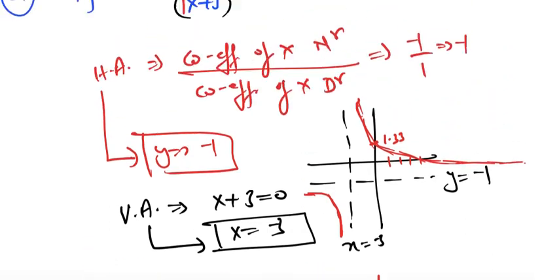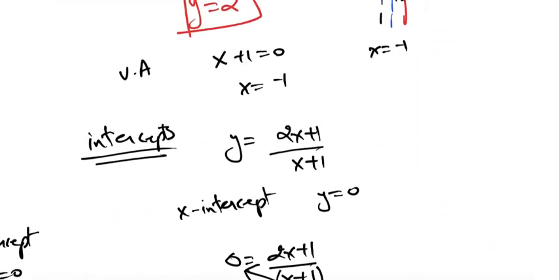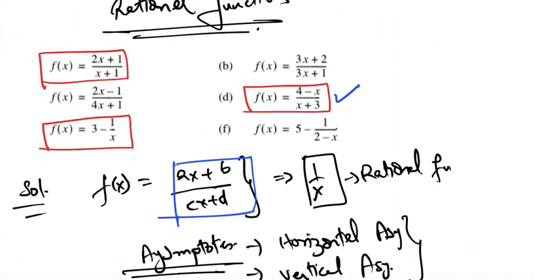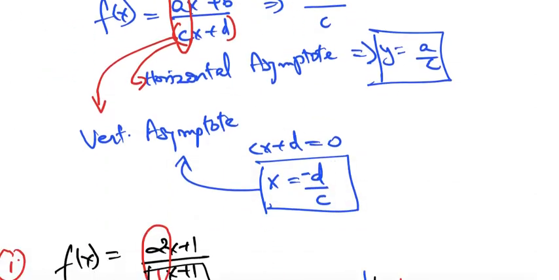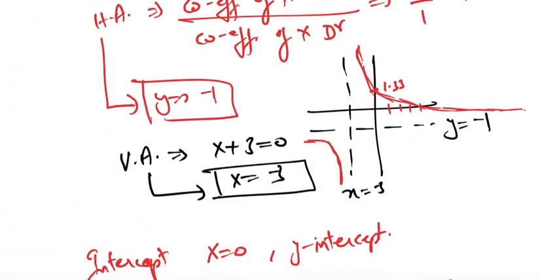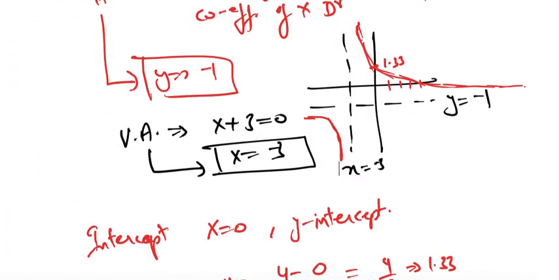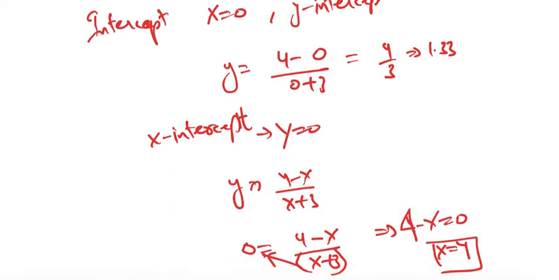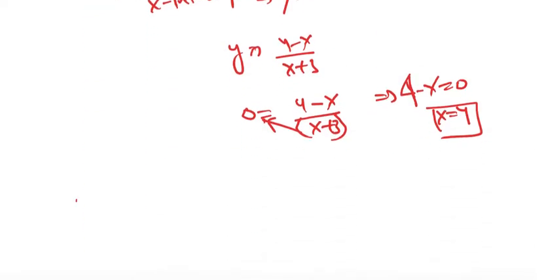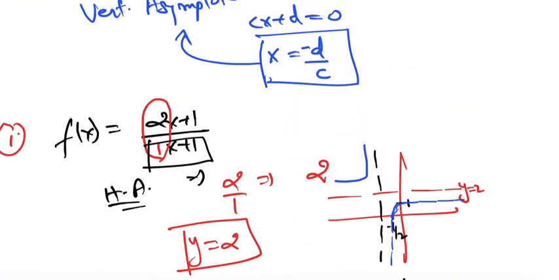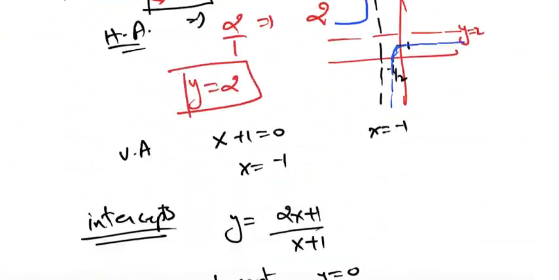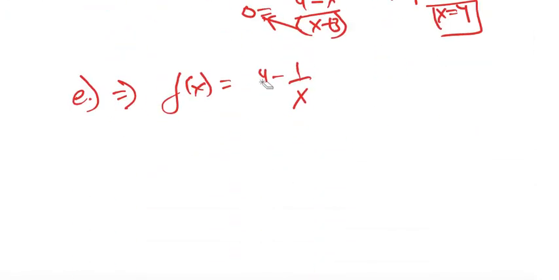Yes. Now the last question that we are going to take today is f(x) equal to 3 minus 1 upon x. I'm not deleting anything so that you can go back and see again and again. The E part is f(x) equal to 4 minus 1 upon x. Let me recheck, yeah, 3 minus 1 upon x, sorry. One and the same thing, hardly matters.